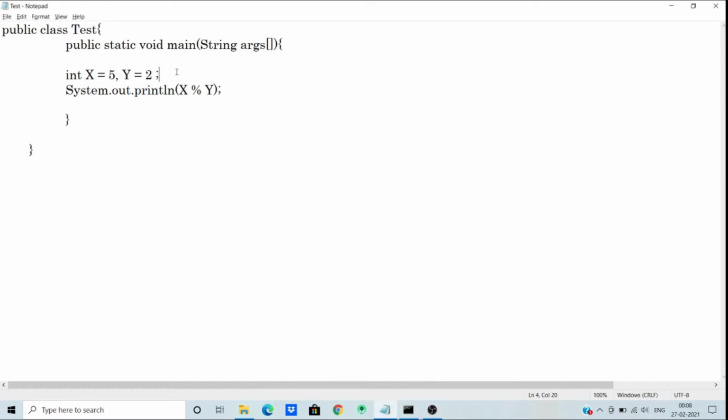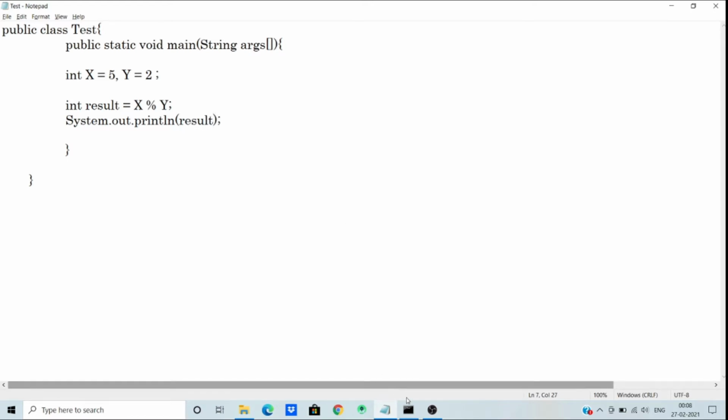So the second type of operators are assignment operators. If I want to store the result in a third variable, then I need to declare a variable result and then x modulus y and a semicolon. Now I print result.